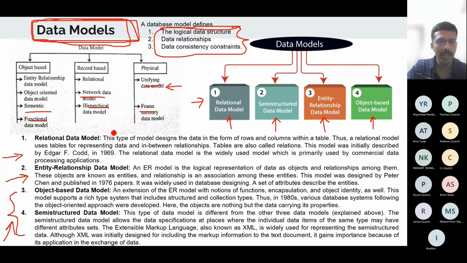The relational data model designs the data in the form of rows and columns within a table. And thus a relational model uses tables for representing data as well as the relationship between them. In this relational model, the tables are called relations. This model was initially described by E.F. Codd in 1969. The relational data model is the widely used model, primarily used by commercial data processing applications. If you see Oracle,